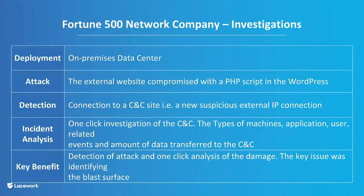This is again another story that we bring to bear in working with some of our larger customers. This is an on-prem story with a cloud workflow in mind, an on-prem data center that has a cloud DevOps model that they have orchestrated our capabilities into their virtual machines. Our ability to stitch together machine, application, user, and process data, and more importantly, tie it to third-party threat intel data, and being able to pinpoint that one of your processes is starting to talk to a threat actor outside of your organization, and this threat actor has a reputation of not being